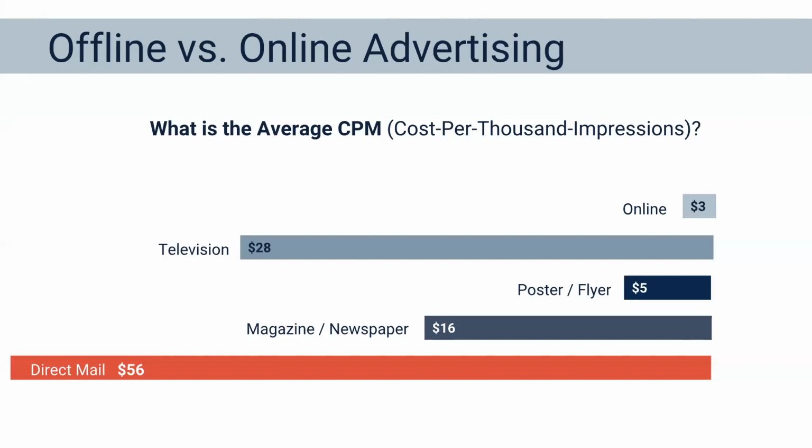And hey, by the way, even given all of those benefits and the great granularity and targeting that digital advertising offers us, it's cheaper than every other traditional advertising method available to us. We're measuring this based on the cost of getting in front of 1,000 users. Technically, that's called CPM. And when compared to something like direct mail, which is one of the more targeted options compared to magazines or posters or television, getting in front of 1,000 customers is going to cost you $56. And that's compared to $3 of online advertising.